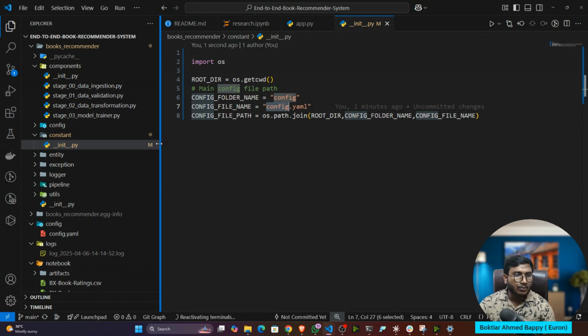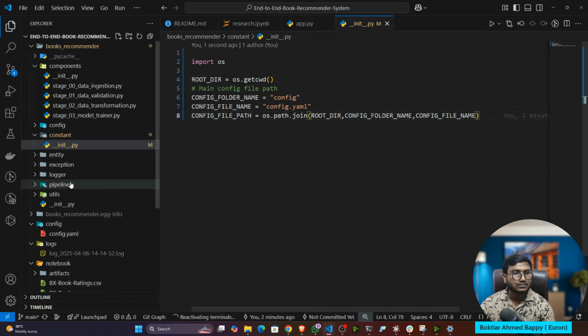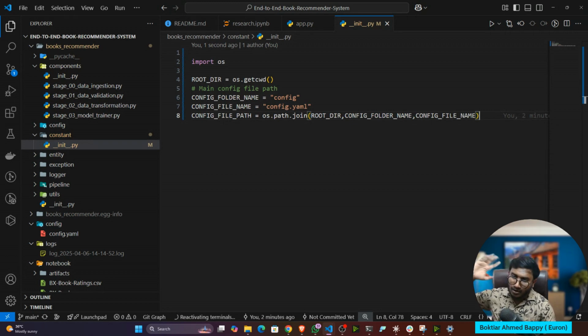That is why we don't hard code the variable. We always try to create it as a template. And this is the main rule of modular coding. Never hard code anything. Hard coding means everywhere you have to change manually. Whenever you are creating a template, only one place you will change, and all the places will automatically get updated. This is the main benefit.